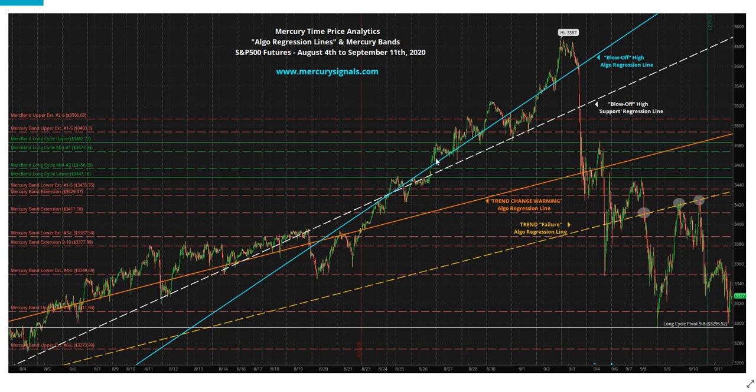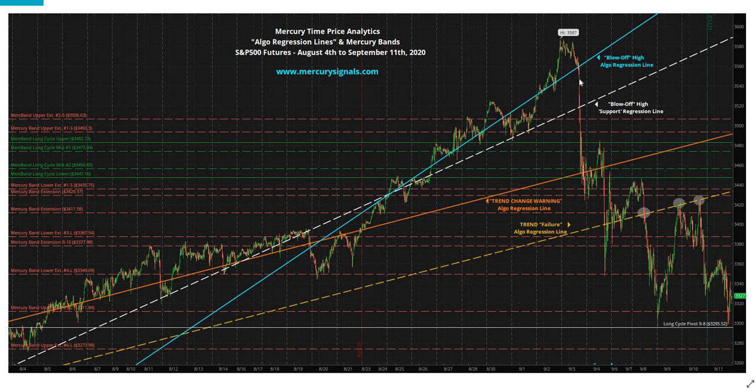Price will connect and reconnect and break away and then reconnect from these regression lines over and over and over again until the point where price can no longer maintain that connection, and that regression line goes up and off the chart into the sunset. But what's interesting about the regression lines is price will fight to stay connected, and then periodically you'll get these